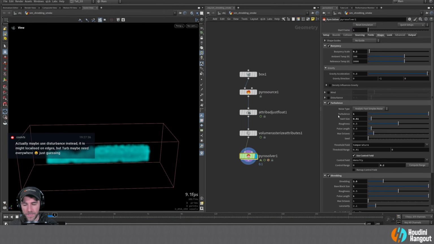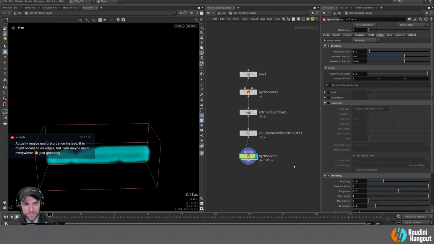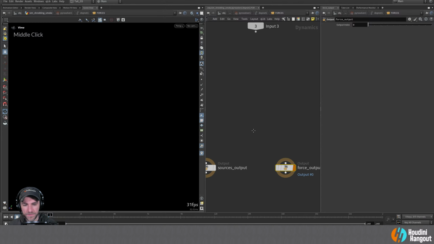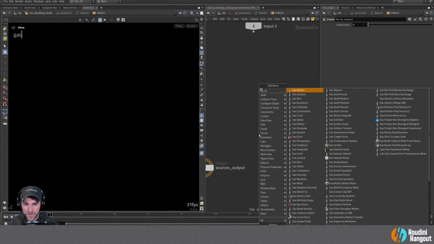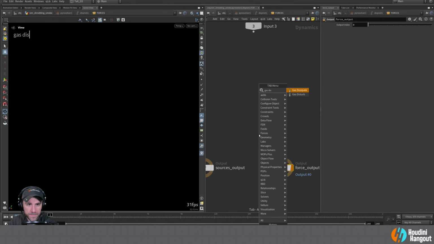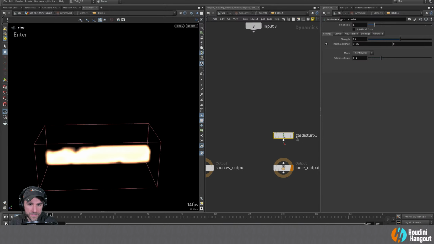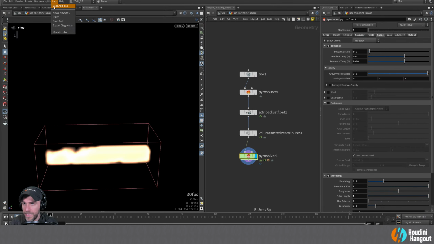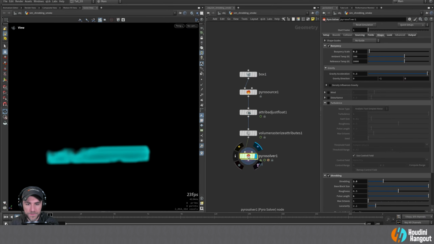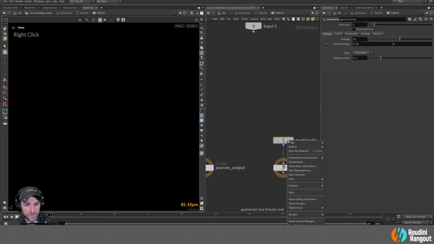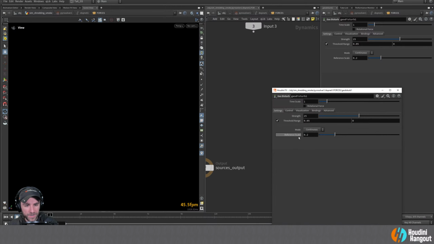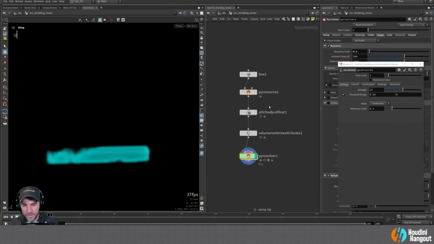Yeah. So the other thing that we can do too, just to show you a different way of doing this, you could do a gas disturb like this, and you can do a little microsolver here, and this would be a way to. I need to go back in there. I'm going to grab this. I'm just going to grab the parameters here so I can have them up at this level, and then